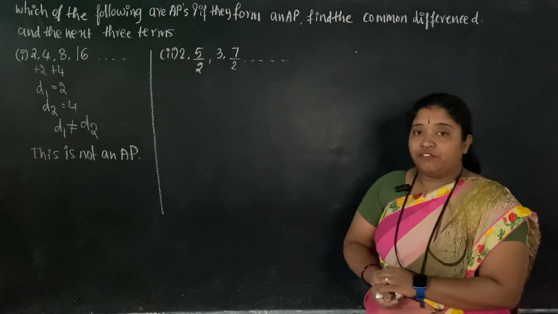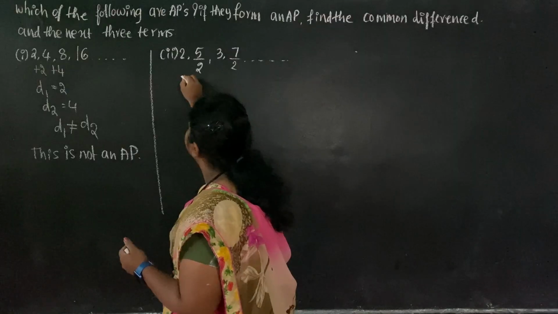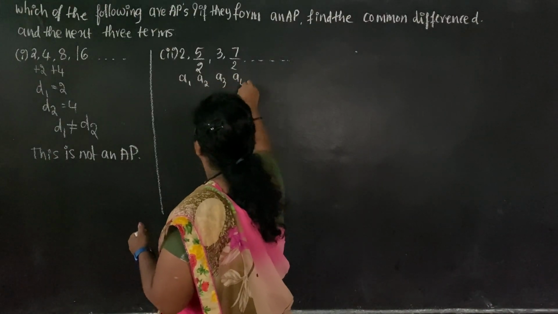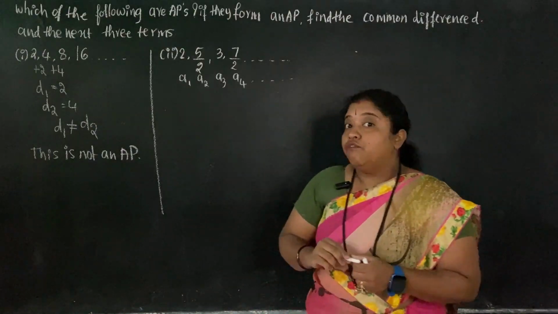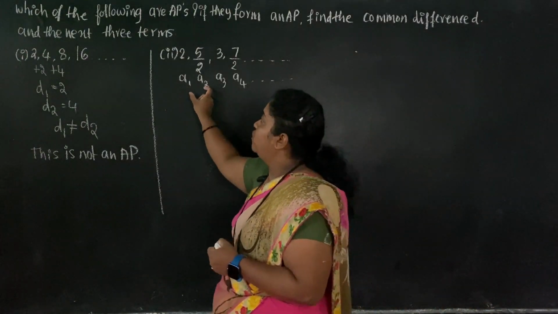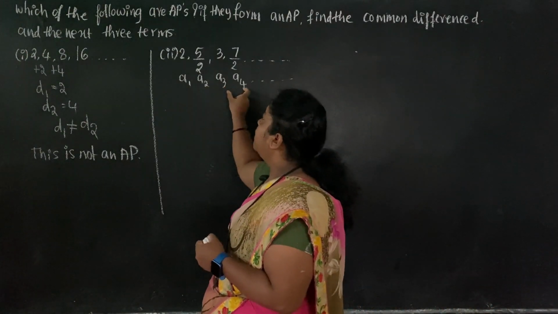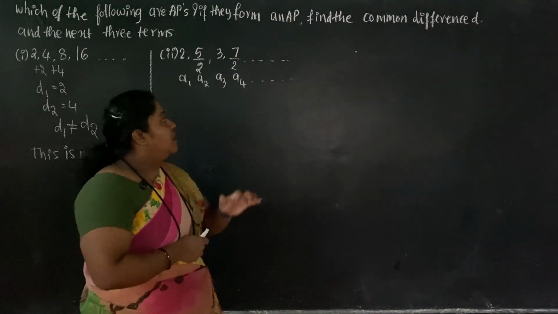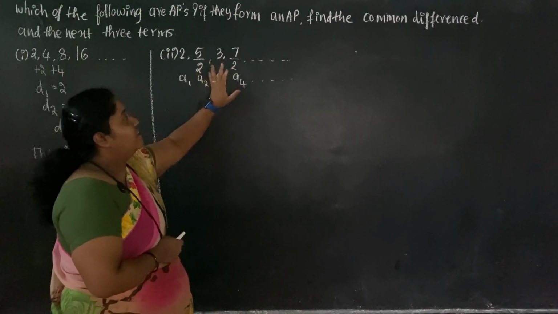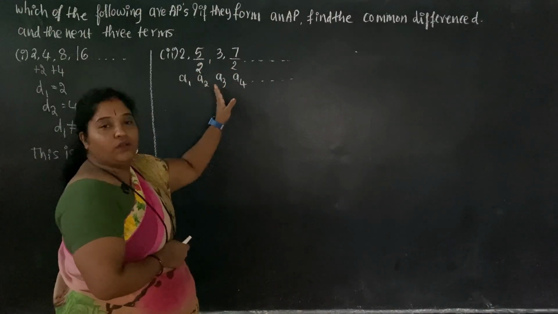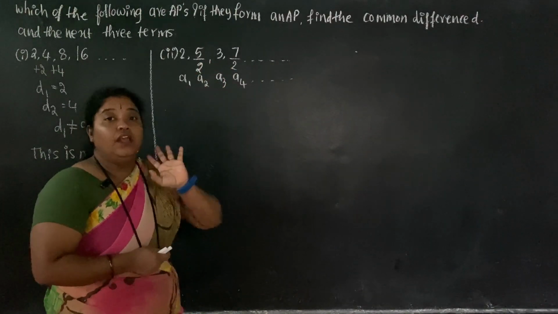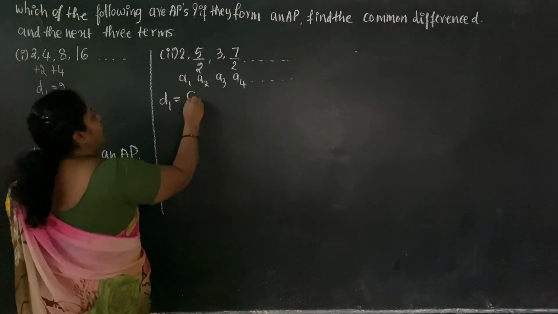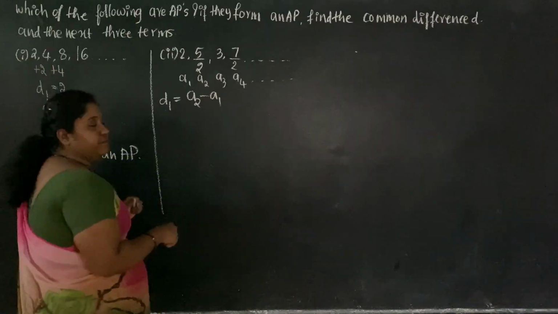First we'll check the common difference, dear. As we know, this is A1, A2, A3, A4. Four terms are provided. First, we'll check the difference between A2 and A1, A3 and A2, A4 and A3. Slowly you do the sum there. Sometimes what happens, the first two terms they'll give correct, but the last one they'll misgive. So you have to calculate each and every common difference. Okay. First, I'll calculate D1 by saying A2 minus A1.